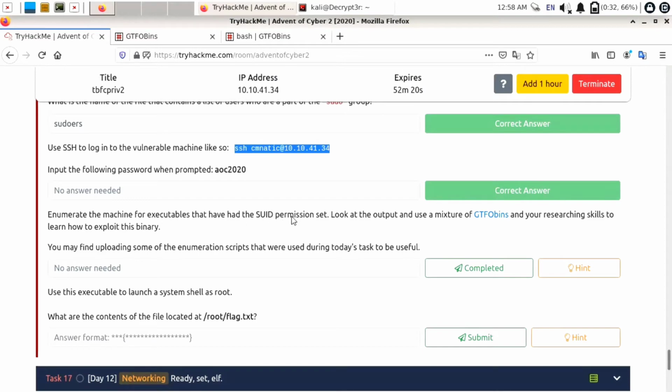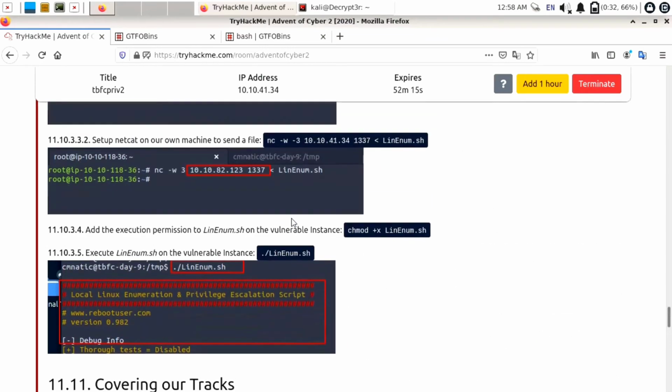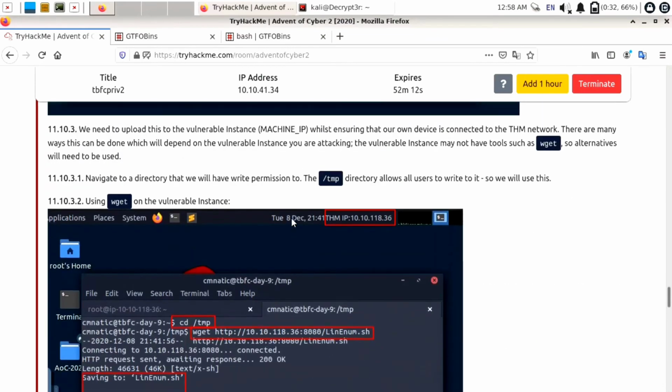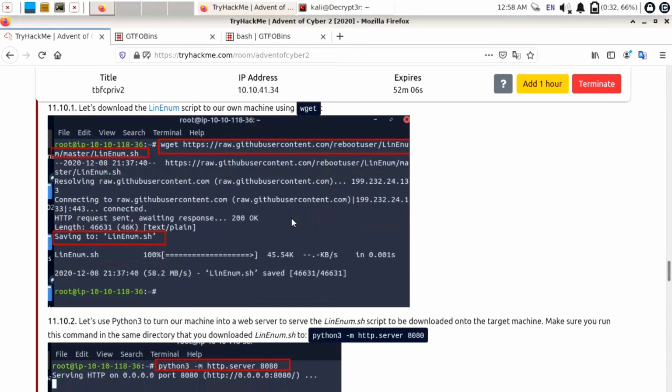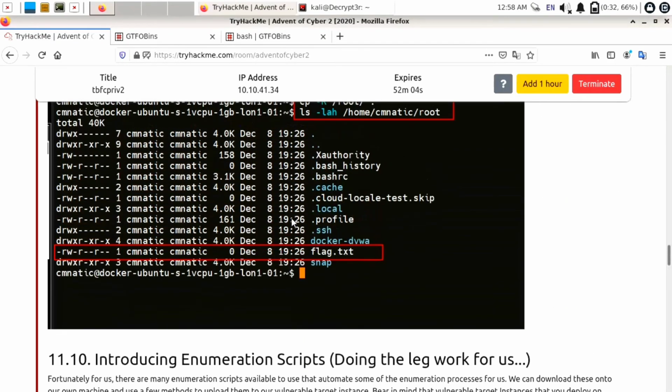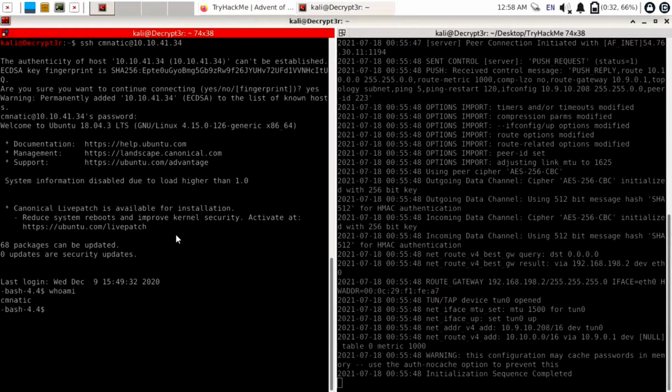First of all, we need to find out whether the bash command is running as a root user or not. So for that we can use the command called find. So just scroll up. They already explain how you can use the find command to find SUID privileges of any particular executable. So here is the command find. First of all, I will use sudo -l. It will display for which executables sudo permission is available. So you can see the user semantic does not have permission to run sudo. Okay, so we cannot find this by sudo -l.